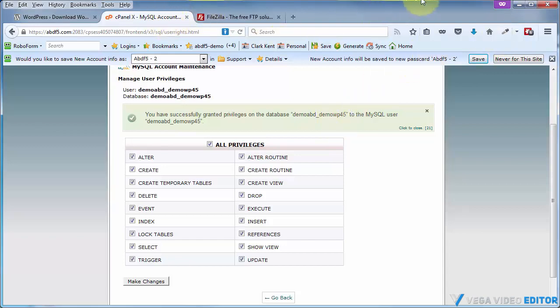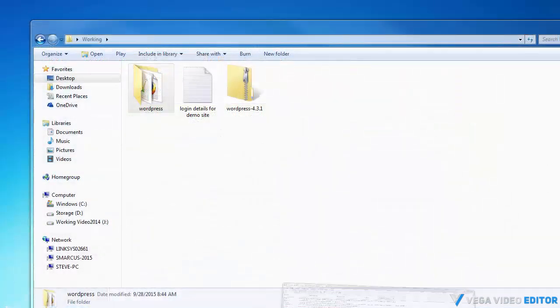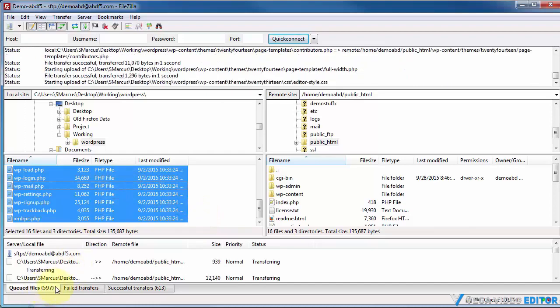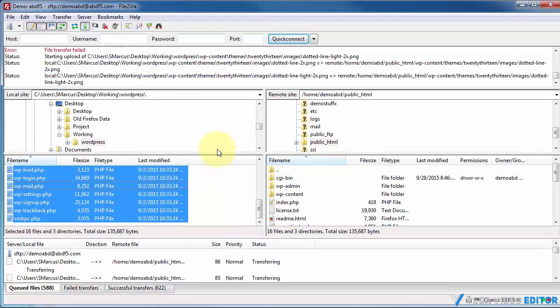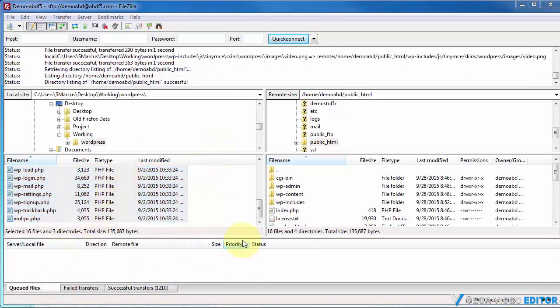So get this out of the way here. Let's bring back FileZilla and see how our upload's going. We're a little more than halfway done. But through the magic of video editing, this will only take another second. And we're finished. So now that we are done with FileZilla, let's go ahead and open up our browser,